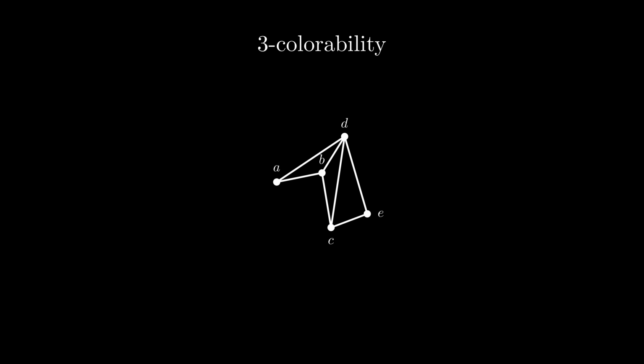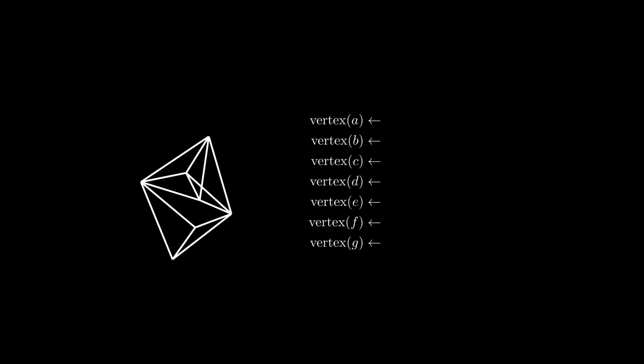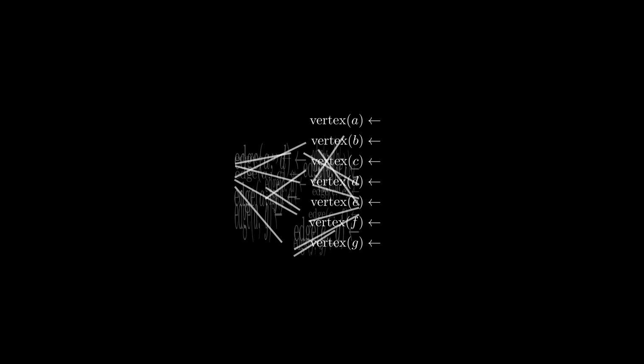Let's encode the three-colorability problem. That is, the problem of deciding whether we can color the vertices of a given graph with 3 colors, such that no adjacent vertices have the same color. This is a well-known NP-complete problem. So let's take a graph, say this one here. We would like to somehow encode it into a logic program. Let's introduce one rule per vertex like this, and let's do the same for each edge like this.